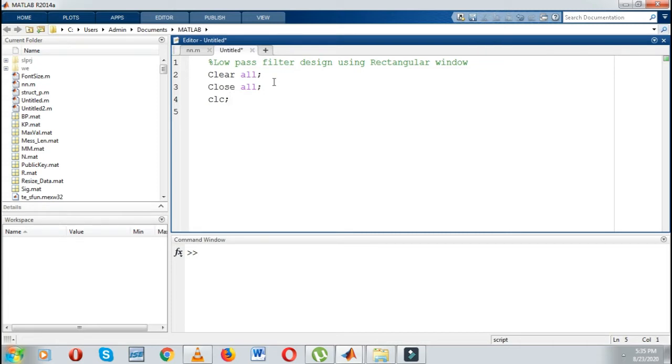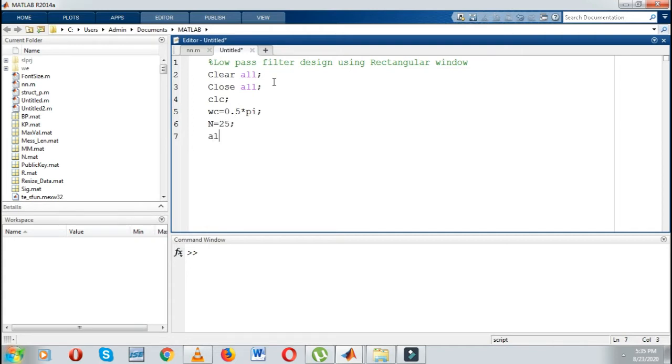We are designing a low pass filter, so we have to define the cutoff frequency. For that I will write omega c, that is the cutoff frequency. I will take 0.5 times pi as the cutoff frequency. Then I will take the number of samples as 25.